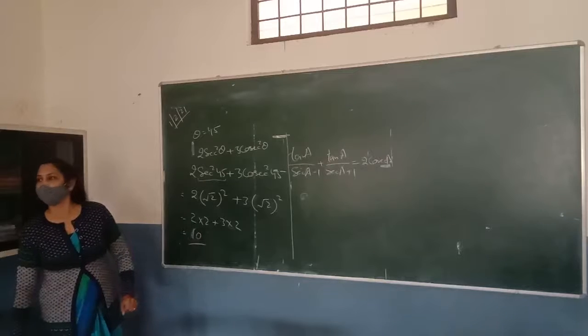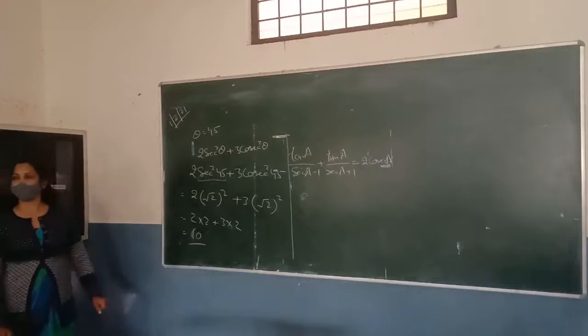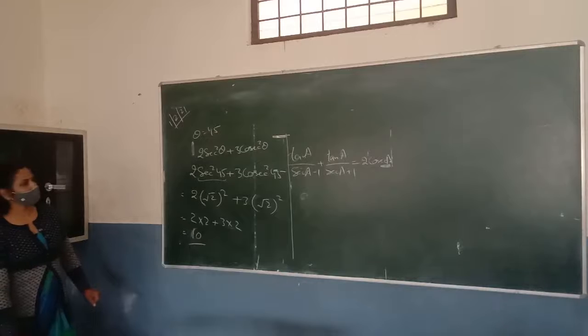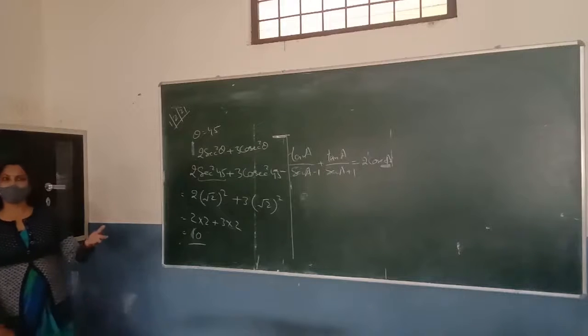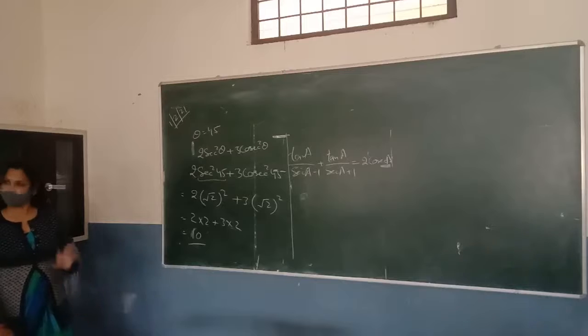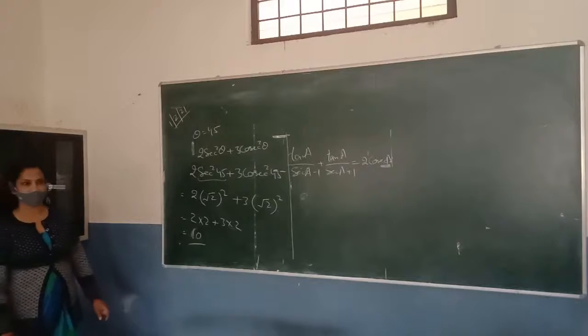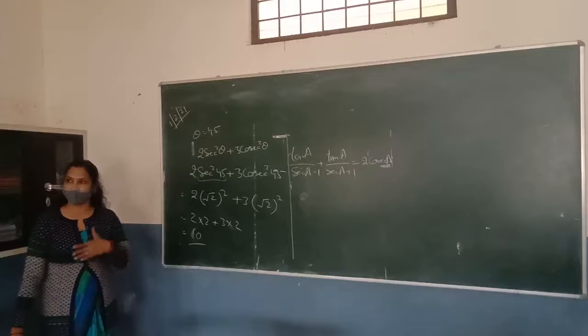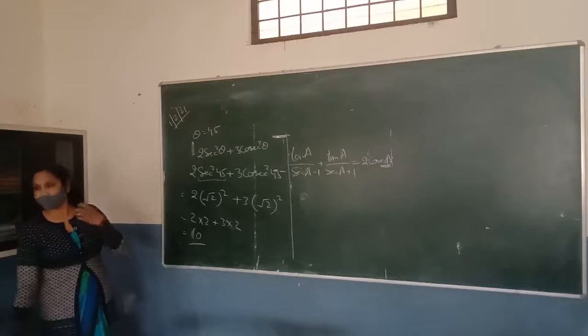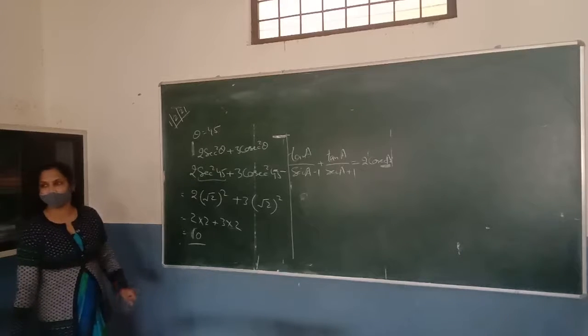Anyone else? Yes, Shantanu. We write sec a as 1 upon cos and take their LCM. Same thing that Nitin was saying. We will convert the values into sin and cos, and it will really solve by using sin and cos. Other method, anything, other different method, alternate method.